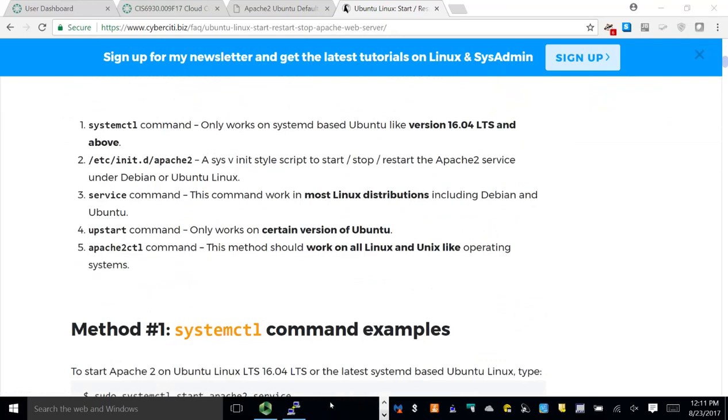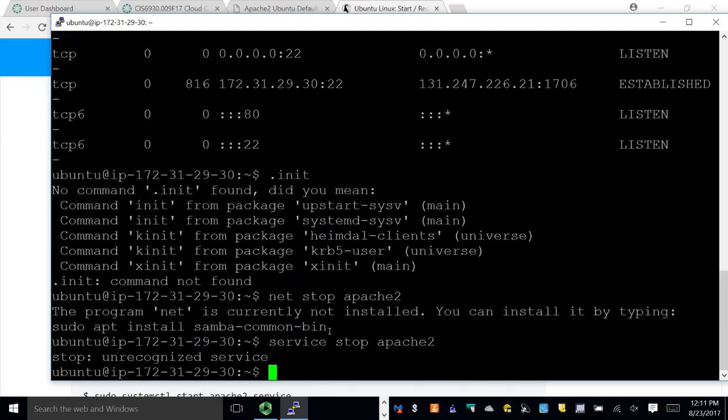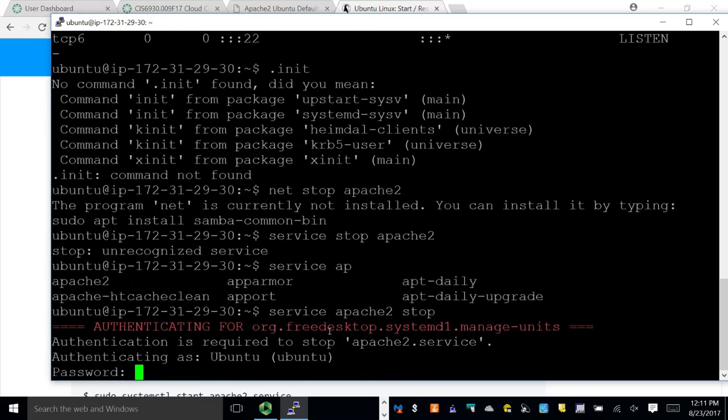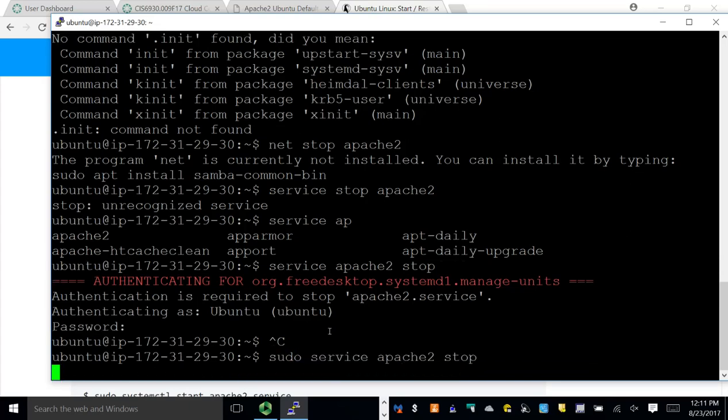That's service. Oh, it's the other way. Service Apache 2, notice works for that as well. Stop. Yes, right. Wait. Sudo that. Okay. So now,